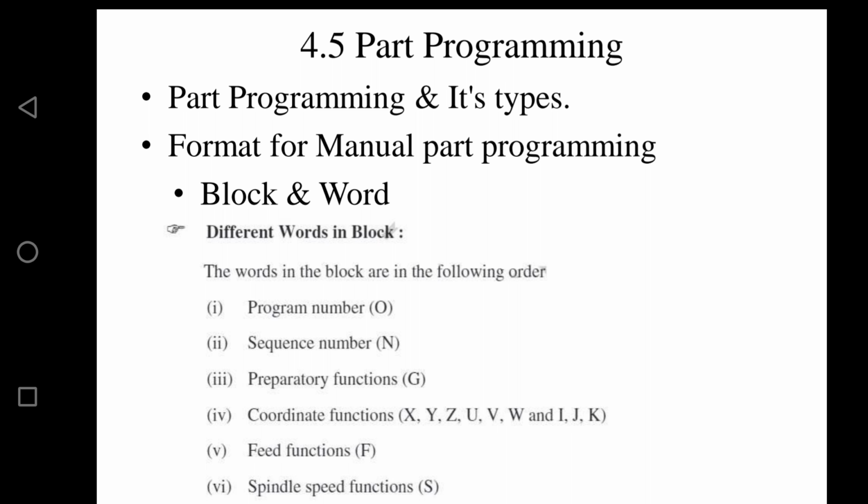Well, the program number is actually a 4-digit number that follows the letter O. If I am writing a program, I need to write the program number first. The program number is a 4-digit number which is written after the letter O. The program number can be written in a manner that allows general, simple programs from